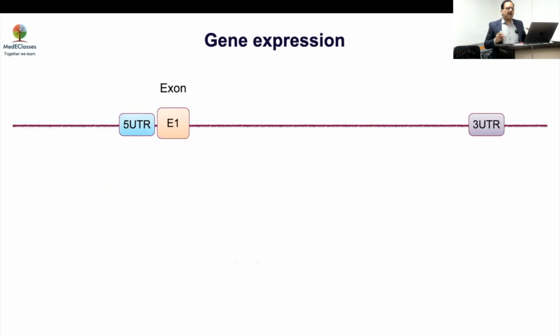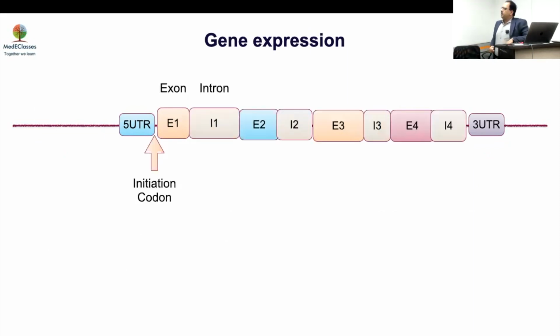As I said, genes are base pairs which are responsible for a particular peptide or a particular function. Each gene has exons which are basically expressed, and along with that you have introns which are not expressed. Now what you need to understand is that out of the entire DNA that we have, only 1.5% is expressed. So the exome is only 1.5%. But 85% of the diseases we know are because of the exome. So if you talk about what we know now, the exome is the one which is most important.